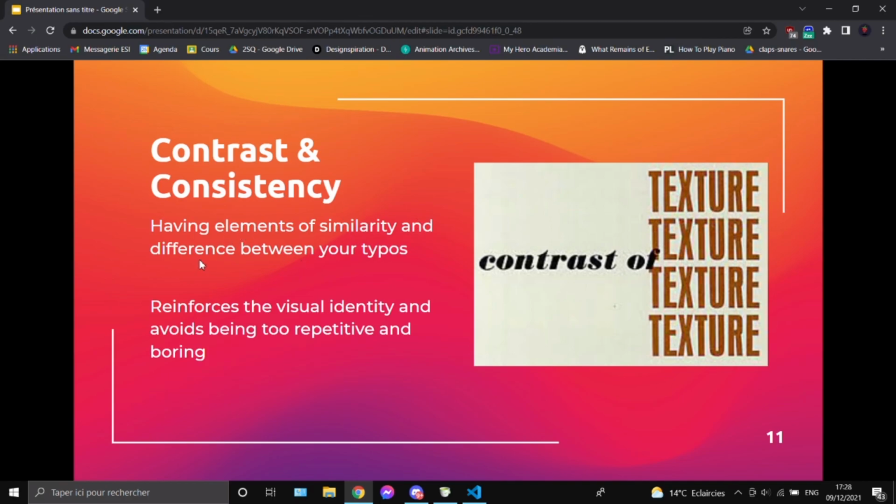Having elements of similarity and difference between your typefaces will reinforce the visual identity and avoid being too repetitive and boring. Having elements of consistency in your typography design will help it be easily recognizable. So it will be different from the other designs, but it will also help make it stick together. If we do the analogy with mapping, for example, you always try to have elements of similarity inside the map, so it feels coherent together. So it's exactly the same thing